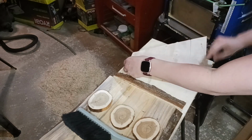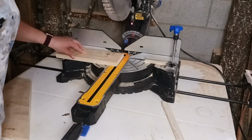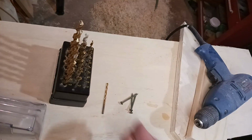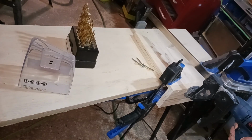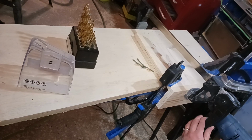I measure the backing against the one I just cut and I mark it. I make a simple cut along the line and move on to the assembly. I gather a drill bit, screws of a corresponding size, clamps and a drill. Now we're ready to get into it. It took me 3 clamps and too long to get my setup right, but in the end it does the job. I pre-drill the holes